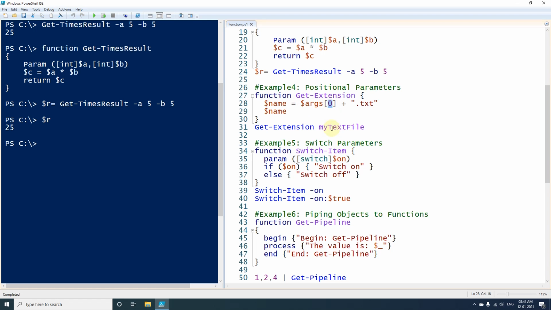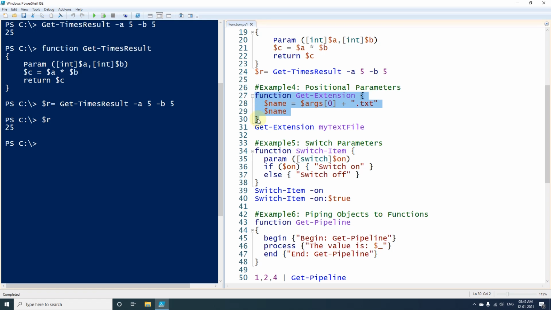Likewise, if we have multiple arguments, we will use different indexes to get different parameter values. Here, first of all I am getting the name of the parameter, and after that I am appending .txt to that name, and at last I am printing the variable $name.